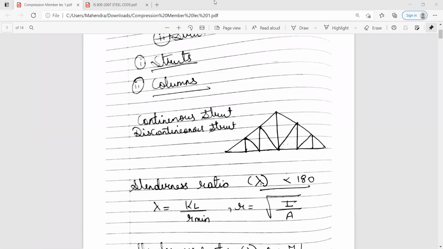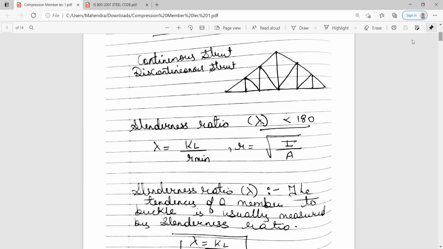So you need to calculate the slenderness ratio also. Now, what do you mean by the slenderness ratio? The formula to calculate the slenderness ratio is lambda. Lambda will be equal to KL upon r minimum. So the value of lambda should always be less than 180. That is, the slenderness ratio should always be less than 180. And the value of r is nothing but the radius. So the value of r is to be calculated by using the formula r equals under root of